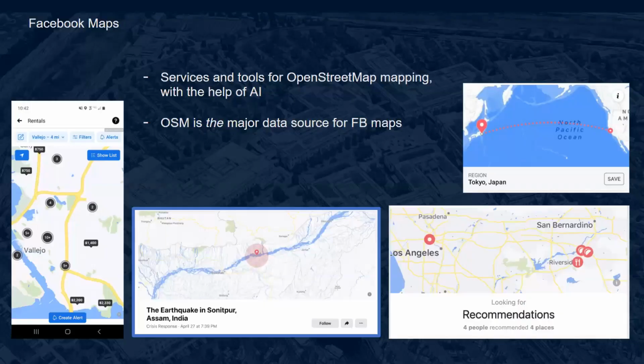So for those of you who aren't aware, and this is probably most people, all of Facebook's app services that you might use in the Facebook mobile app or on facebook.com actually use OpenStreetMap data for all of their mapping needs. So every time you look at a map from within Facebook, you're actually using OpenStreetMap data. So it's in Facebook's interest to try and keep the map as up to date as possible. So we set about looking at ways that we could add quality data to OpenStreetMap to make it easier for community mapping organizations to add good data quickly to the map.